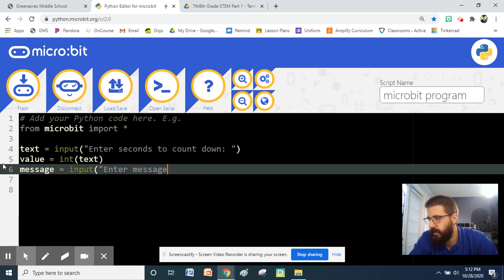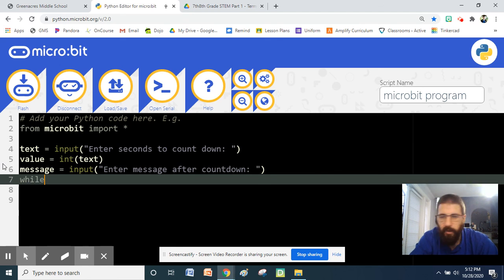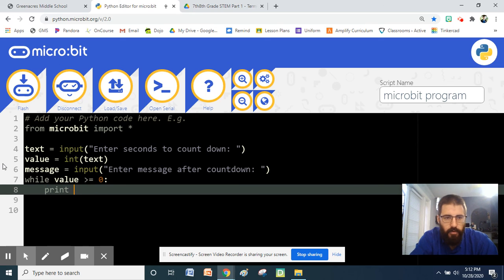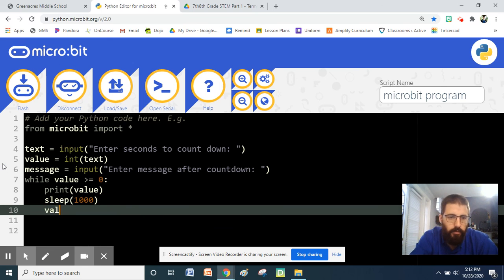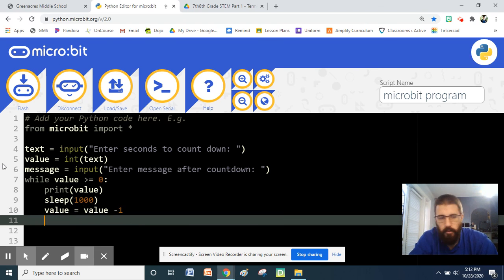Enter message after countdown. So what message do I want it to say after the countdown's over? And then while value is greater than or equal to 0, print value, sleep 1 second, value is equal to value minus 1,